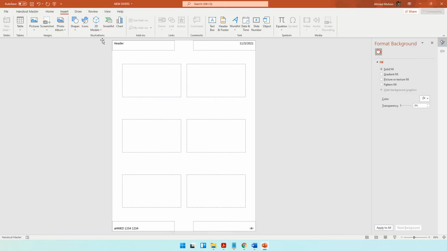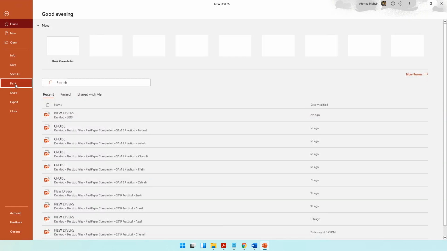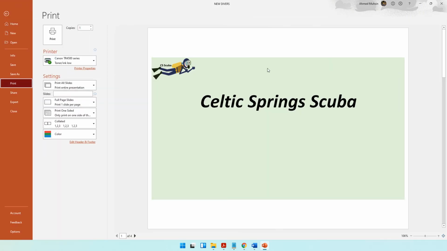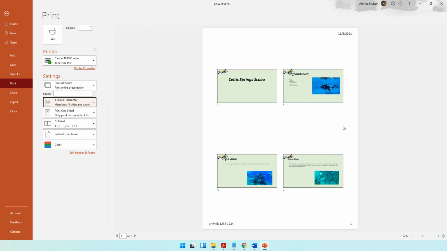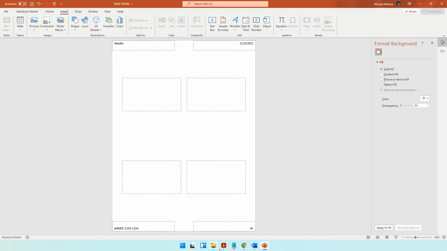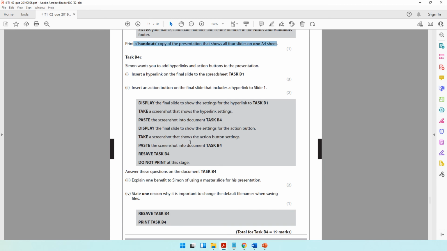So now what you have to do is you have to come to file, print. Okay, now right now 1 slide is appearing on each A4 sheet. You need 4 slides to appear. Okay, so click over here and say you want 4 slides appearing. So now can you see 4 slides are appearing? Can you see your footer is also now appearing? Okay, that's good. Then the question paper goes on to say Simon wants you to add hyperlinks and action buttons